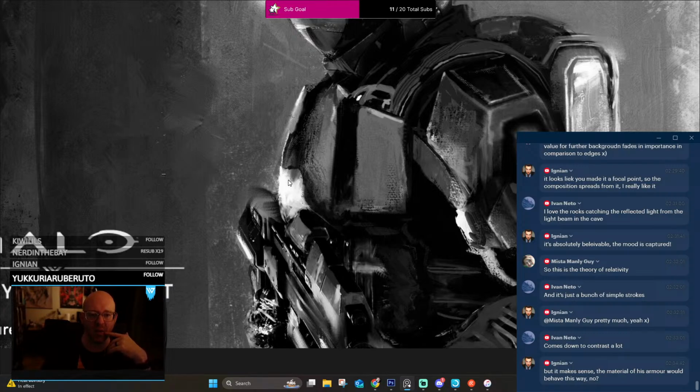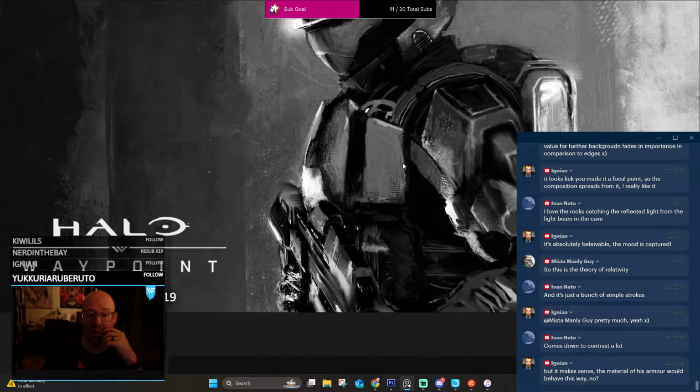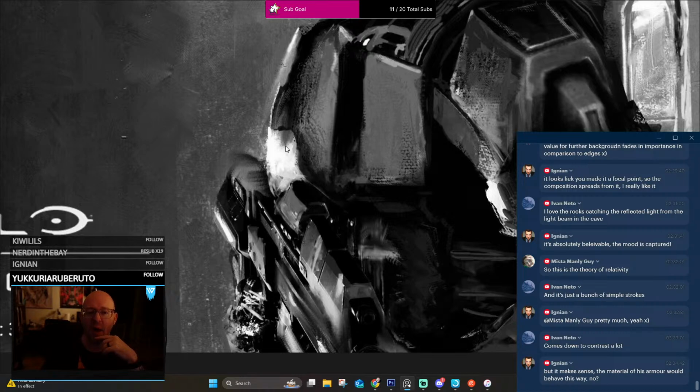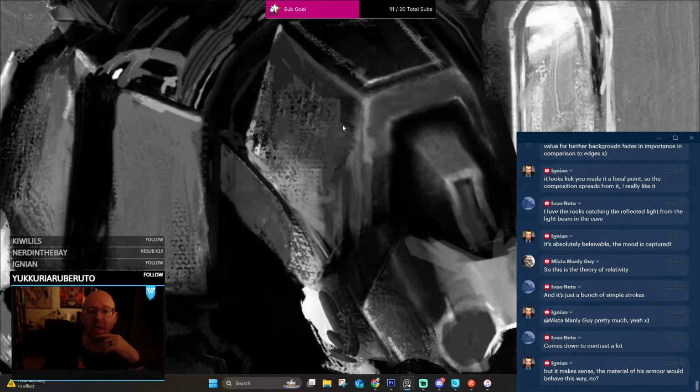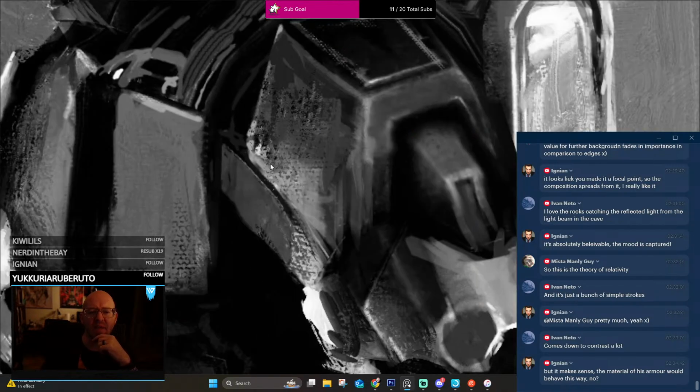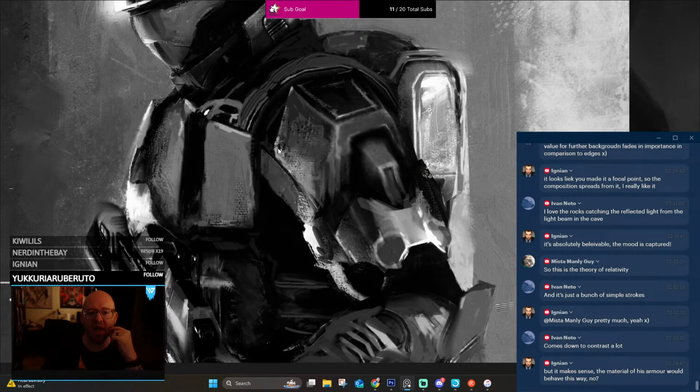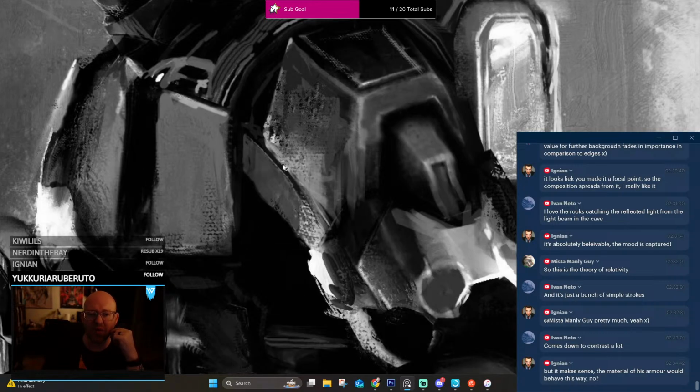I think I need to actually bring this down to be closer to these two values rather than a highlight. I can keep the highlight on the gun. Maybe I can even add a highlight to this part of the gun. It's kind of the butt of it facing the light. But I don't think that works. I also don't think this rust area works all that well. Because this is hard to tell what's happening. What's happening here? Is the light coming in and hitting this? If so, why is it not also hitting this?